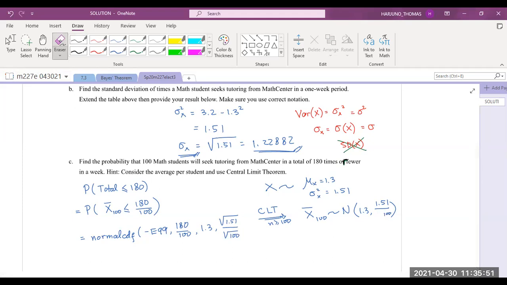Okay, now you can replace this square root of 1.51 here with the number you already have in part B, 1.22882. That's normal CDF, negative infinity up to 180 over 100. The mean is 1.3. The standard error is the square root of 1.51 divided by 100 under the square root. So I get